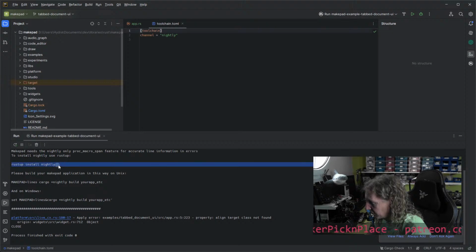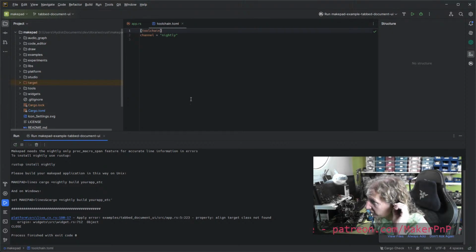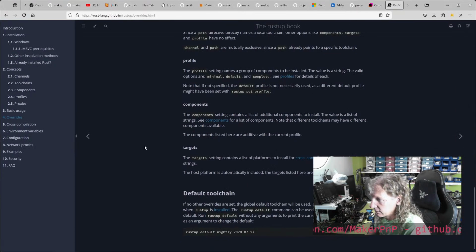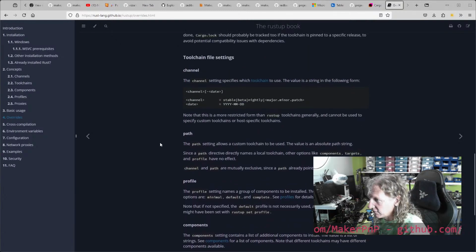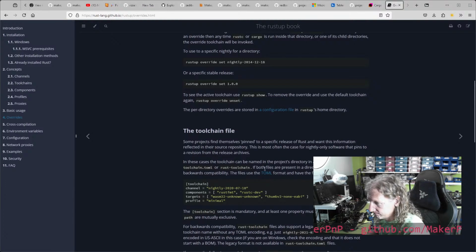So it says rustup install nightly. I've done this, right? But my IDE crashes when I do this, so I can't do that. So I want to use a toolchain file, but the toolchain file is not working. It seems like Cargo's ignoring it. There's two names that the file can be. Oh,